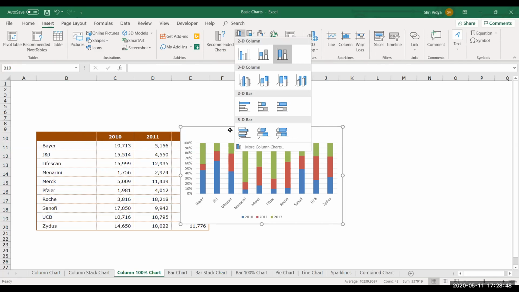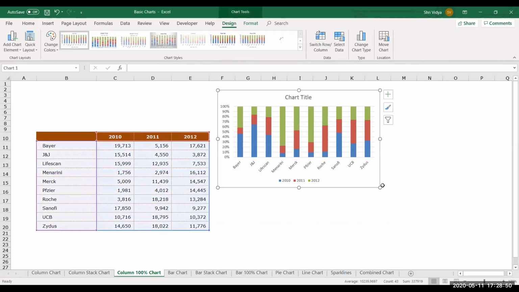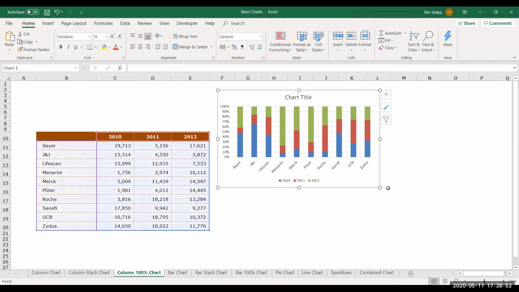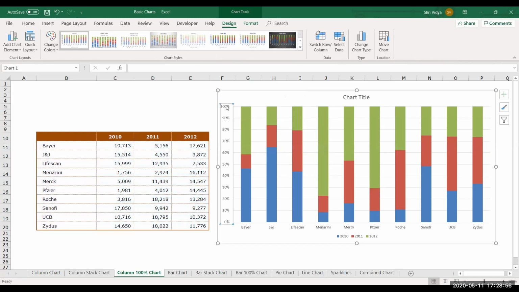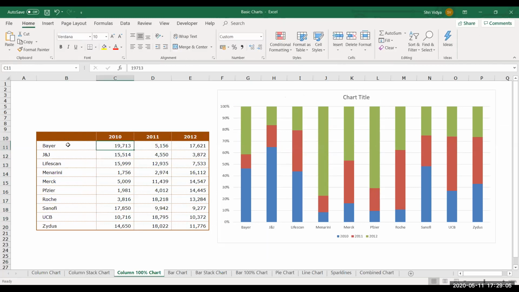Now when I say 100% stacked column, you don't see sales figures here. You see percentage instead of figures over here. See, this will help me see the percentage contribution of each year's sales to this particular company. Now, why are all columns the same height?